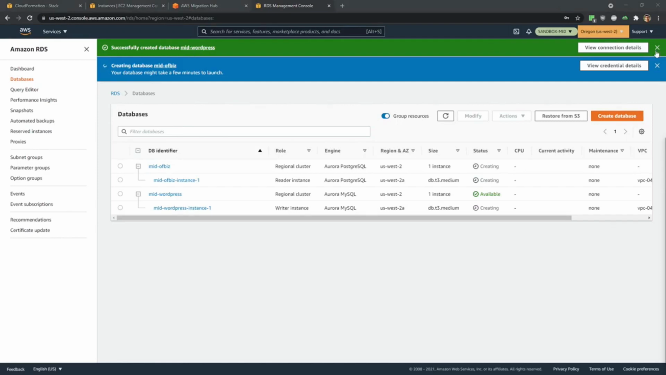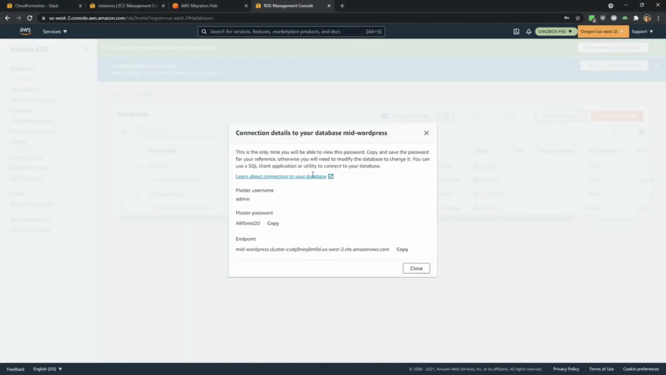So the WordPress instance is already created. So you can see connection details here. This is the username and password that you gave. And this is the endpoint. You can copy this endpoint and keep it handy. Let's copy this over to